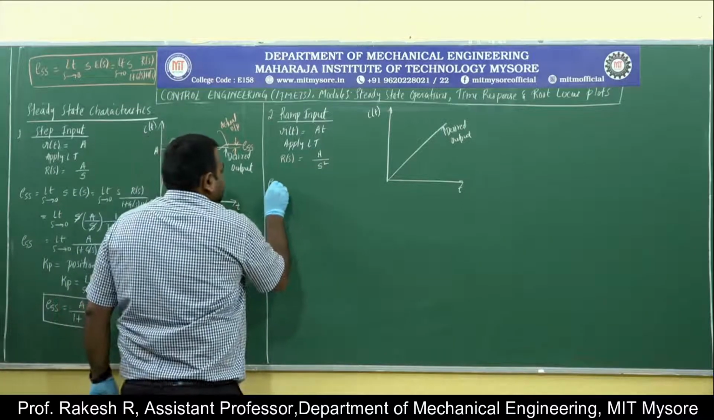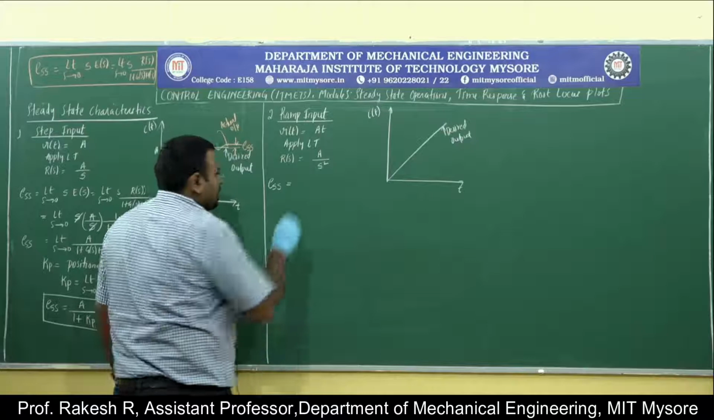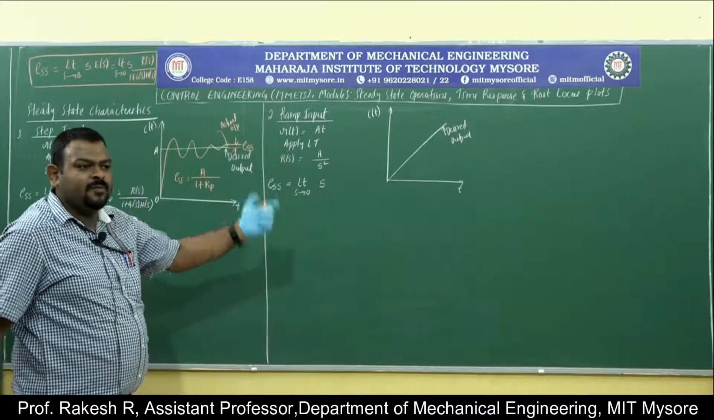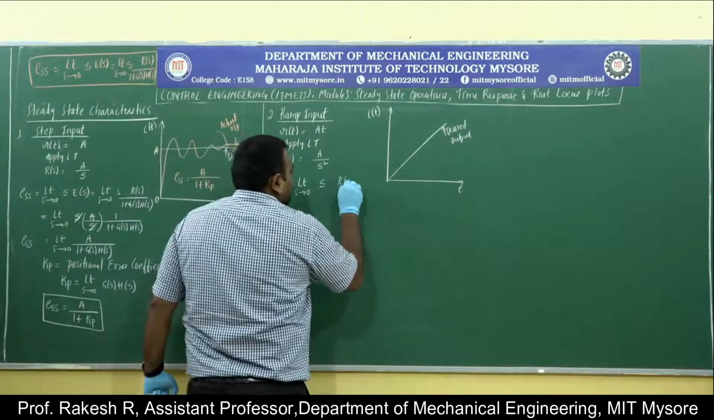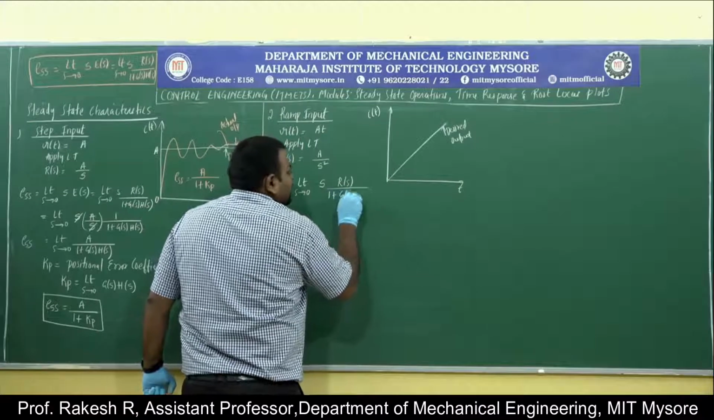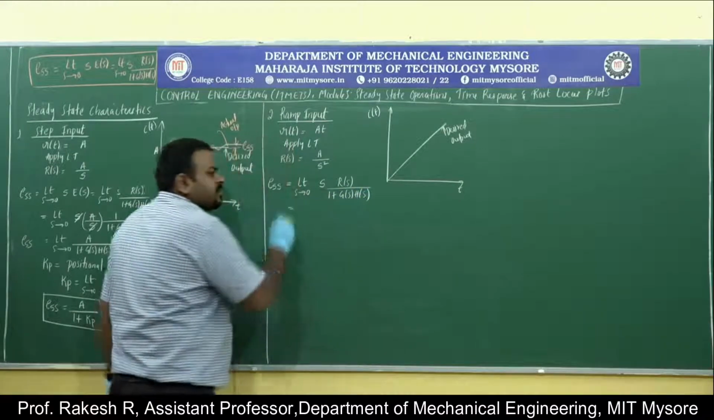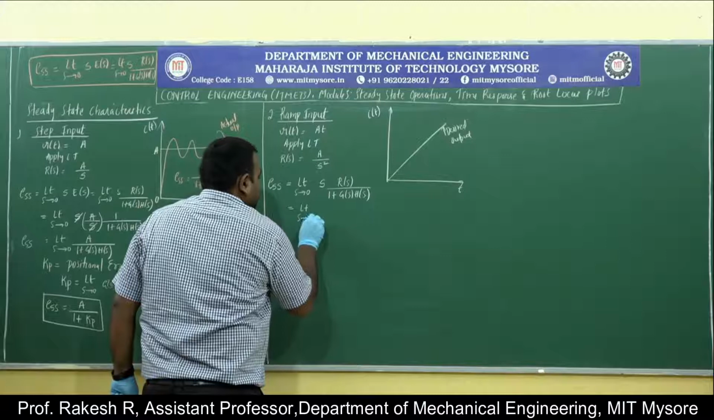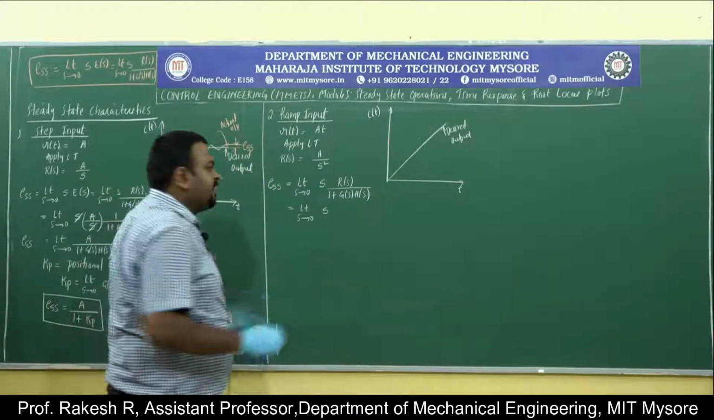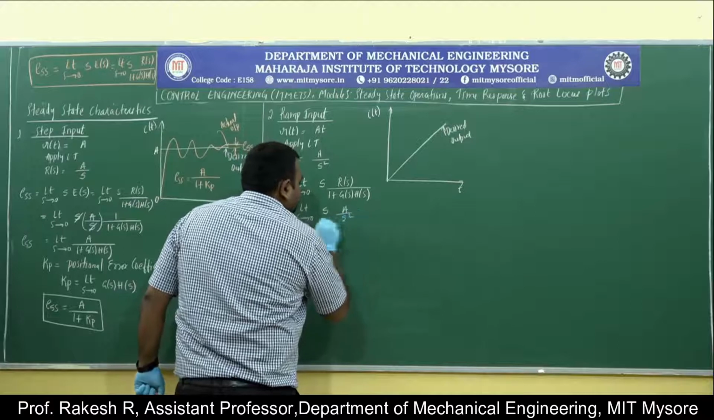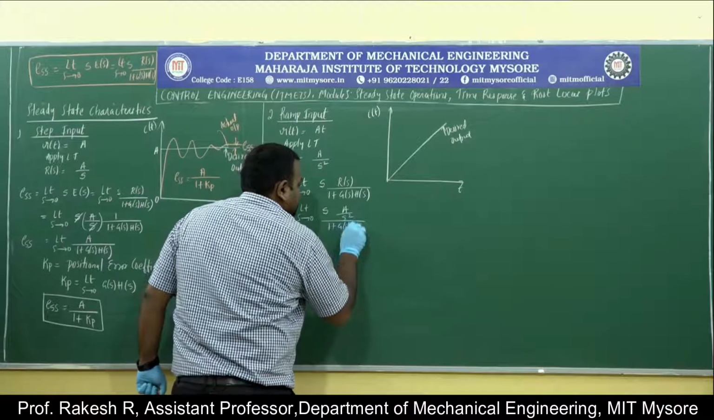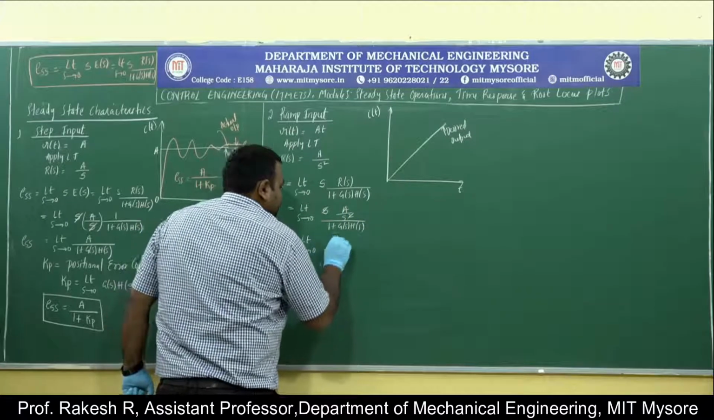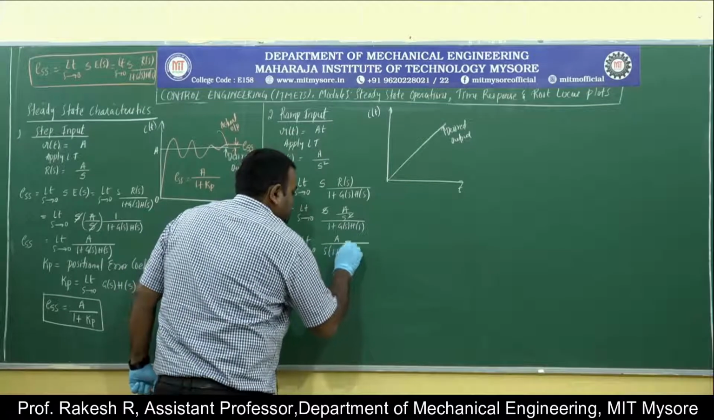Again, what is steady state error? Steady state error is nothing but the limit of s tends to 0, s into E of s. Directly I will be writing what is E of s. E of s is R of s divided by 1 plus G of s into H of s. Substitute the values again. Limit of s tends to 0, s into what is R of s? A divided by s square, divided by 1 plus G of s into H of s. S will get cancelled. Limit of s tends to 0, A divided by s into 1 plus G of s